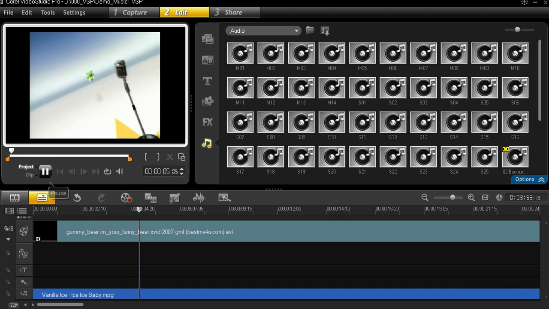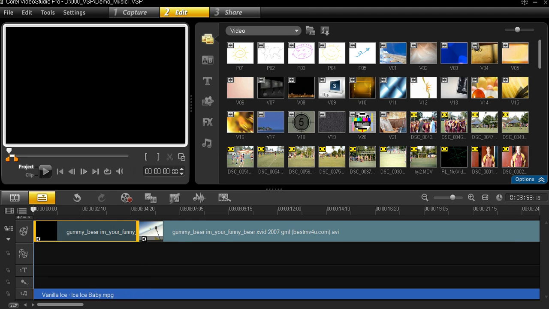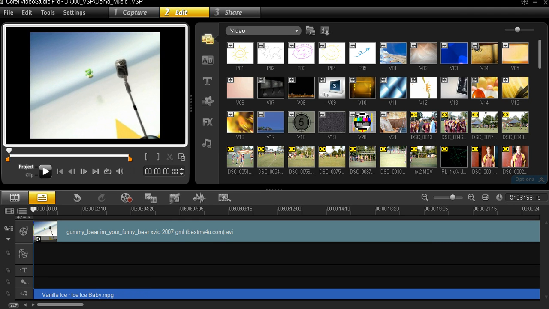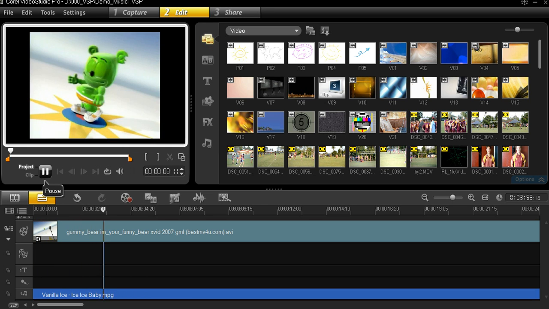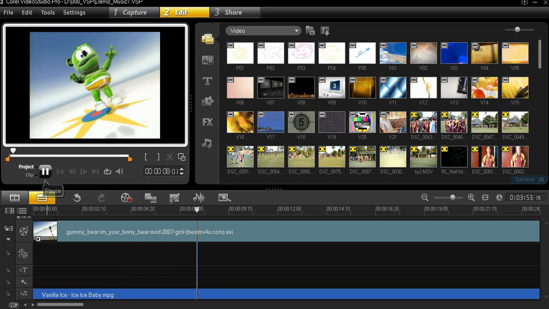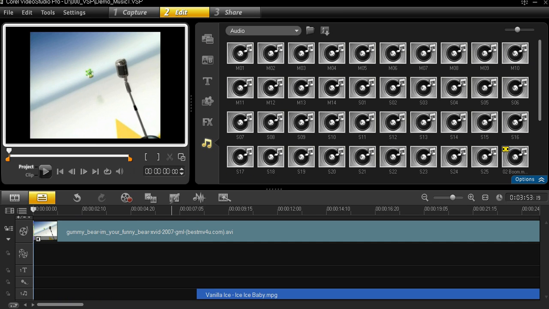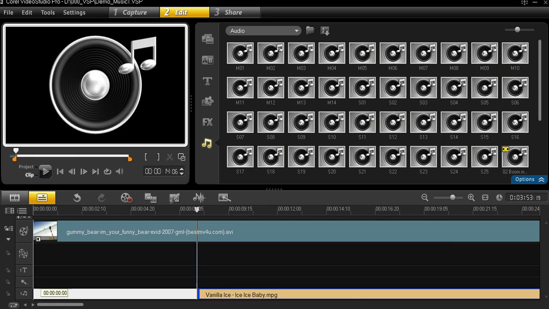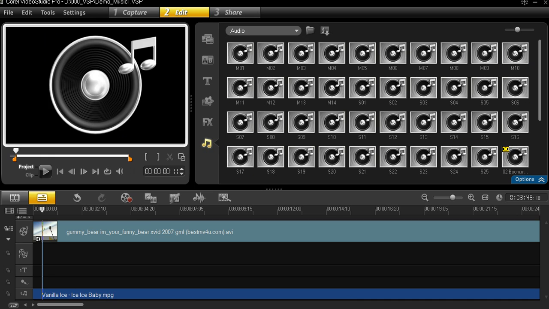Okay, so now I want to split the audio so that he's bouncing at the same time. So I'm going to select the audio. When it's orange, that's when it's selected. Cut, and you can just take it out. So now, alright, so you can still manipulate it so that it works. And depending on how particular you get,